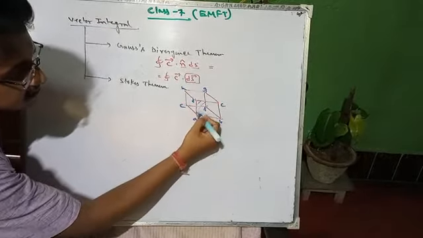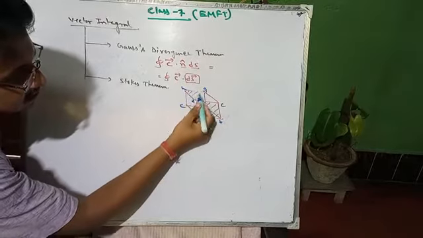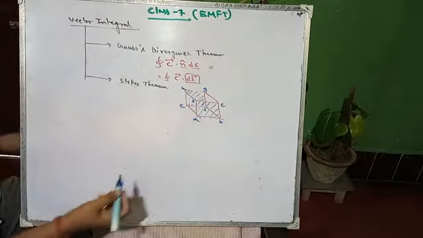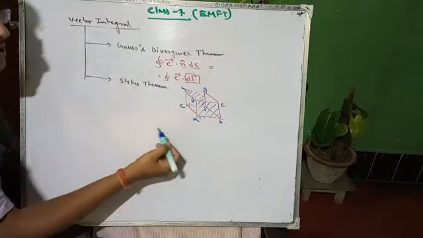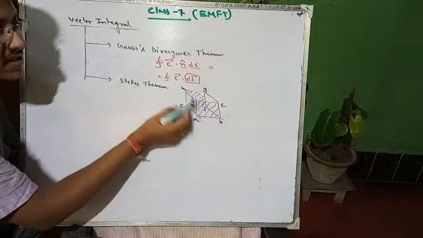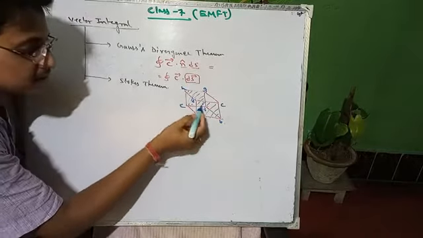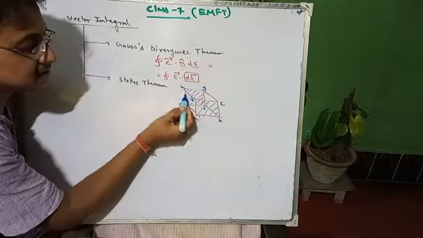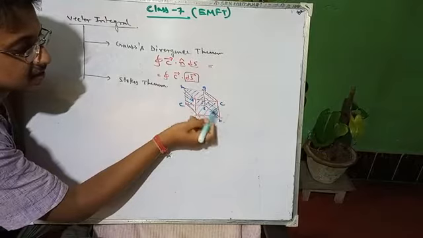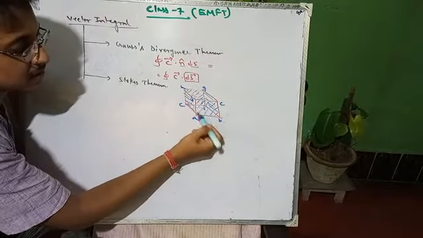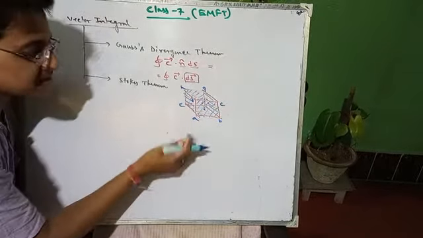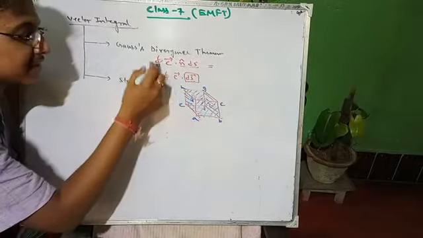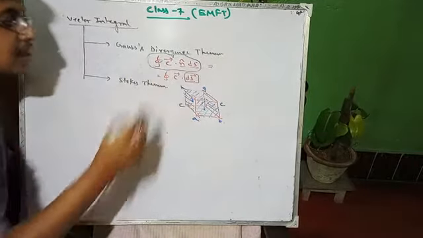So this A, B, C, D side and this E, F, G, H side, if we add them, we get these two surfaces. Similarly, these two side surfaces are also there, and the upper one and the lower bottom one are there. So there are 6 surfaces. If we add them, we can find the closed surface integration.